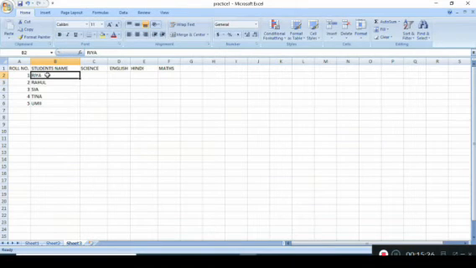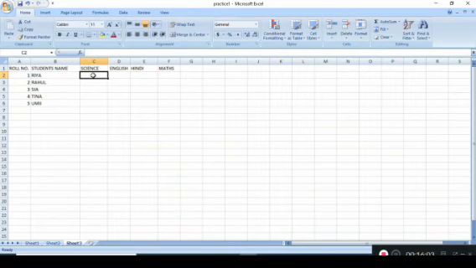Okay, I hope you understood what is active cell. Active cell is where we are writing down any data, that bordered cell. Okay, here I am keeping the mouse cursor. Now you can see the border of this box is very dark in color. That means we are now ready to write down the data in this particular cell. So now next is how we can edit these cells. Suppose I want to change any cell value, how we can change it?